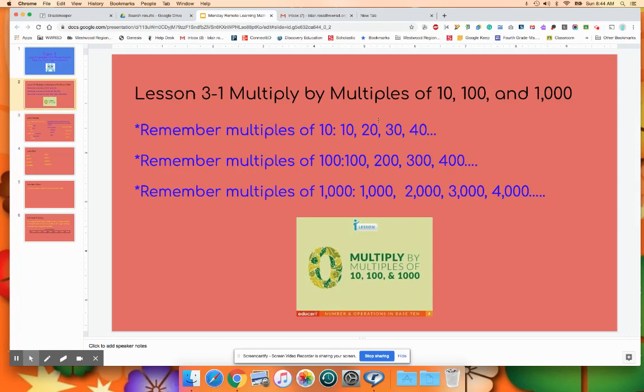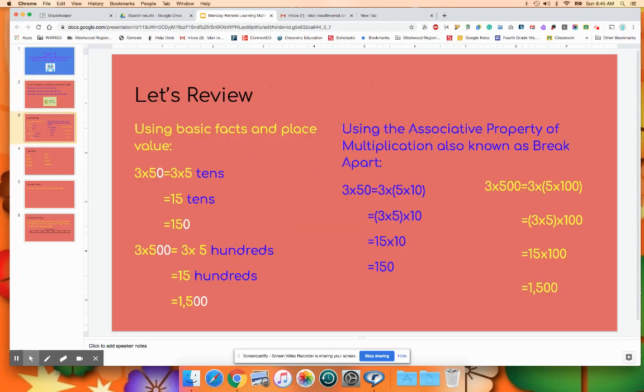So multiples of 10 would be 10, 20, 30, 40, 50, 60. You guys know. Multiples of 100: 100, 200, 300, 400, and so on. And multiples of 1,000: 1,000, 2,000, 3,000, 4,000. So we're going to review today a couple different strategies when you're seeing multiplication. So I'm going to start over here. We're going to start with the idea of using our basic facts and place value to